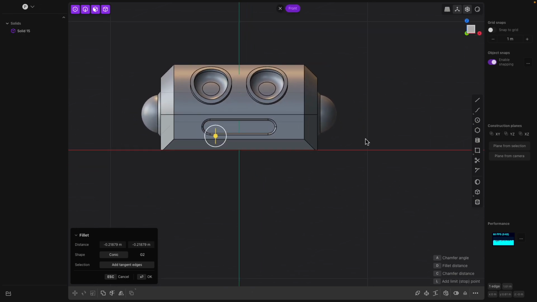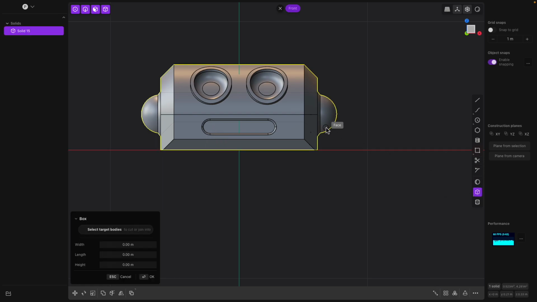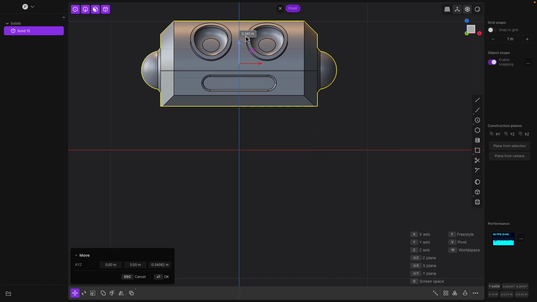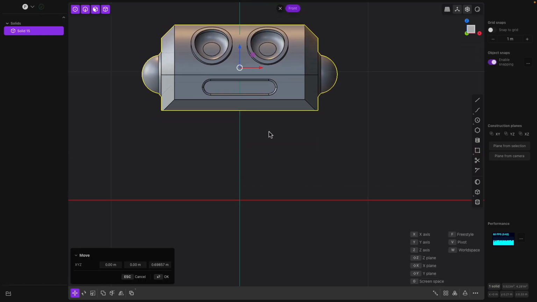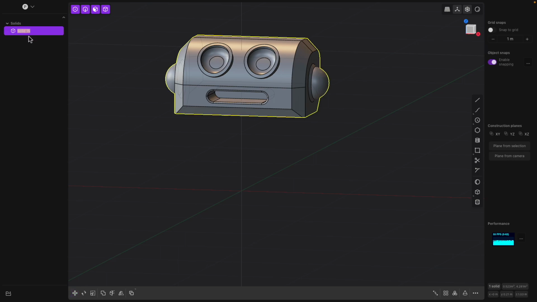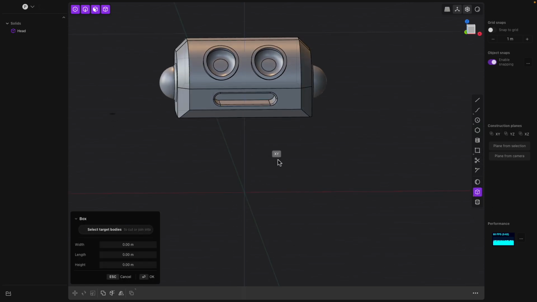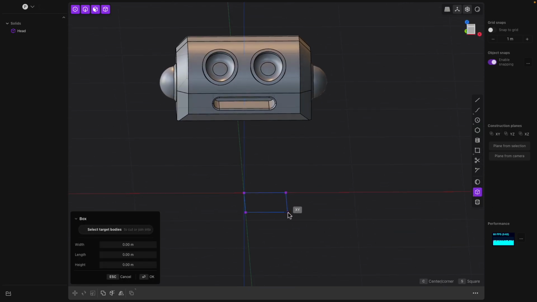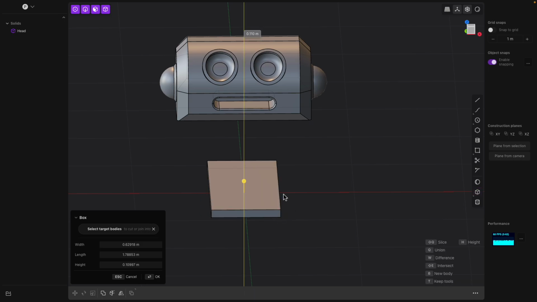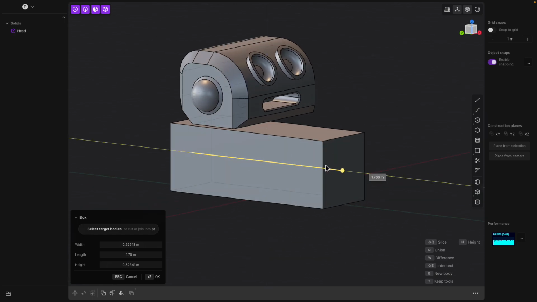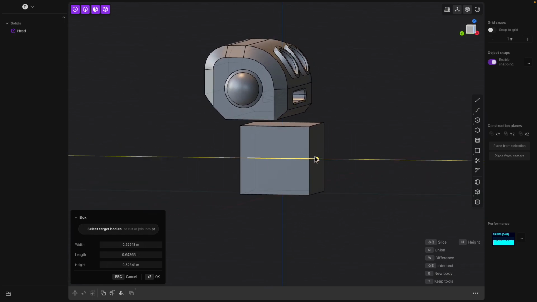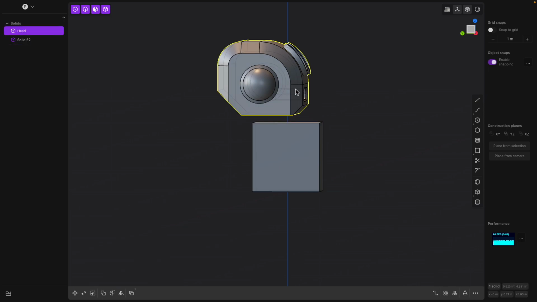Okay, so let's make the body. Head. Corner box. What's the body going to look like? Okay,